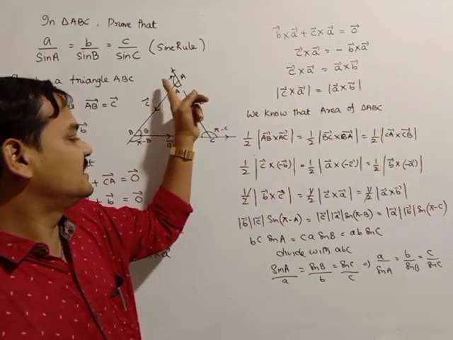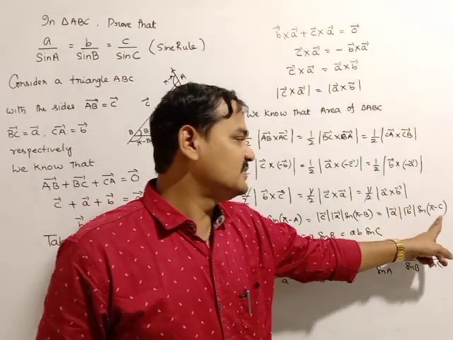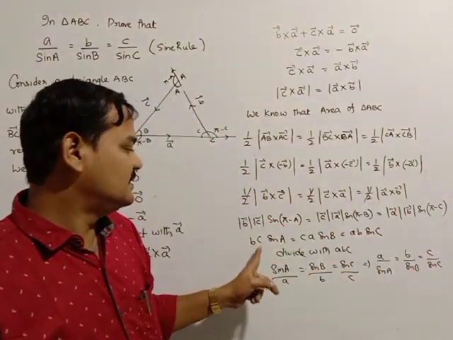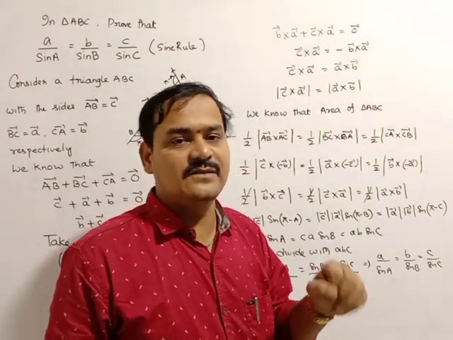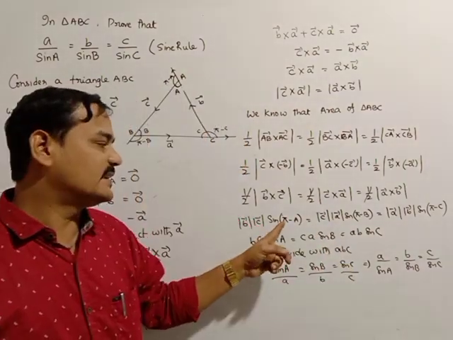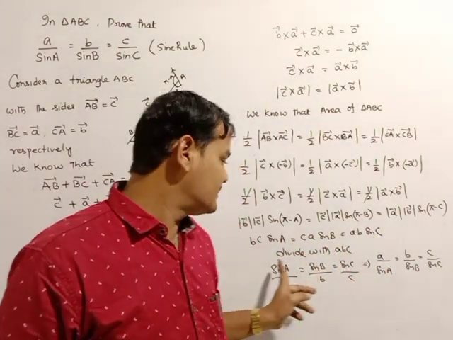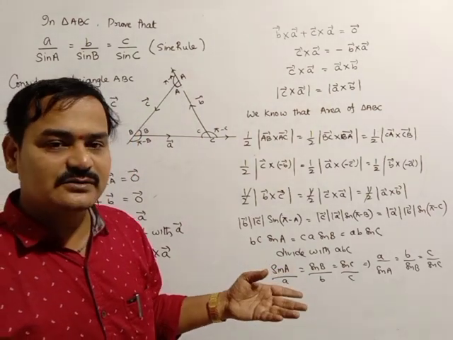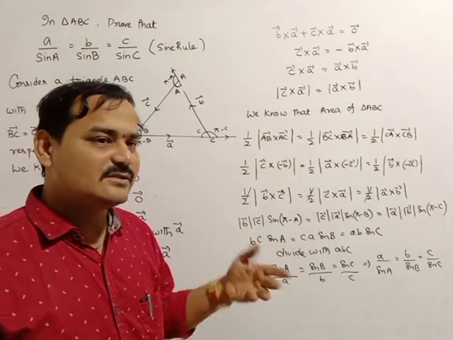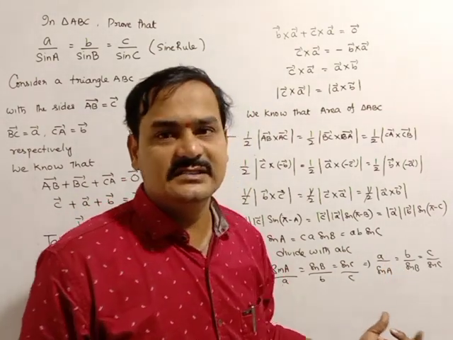The angle between b bar and c bar is pi minus A, between c bar and a bar is pi minus B, and between a bar and b bar is pi minus C. So this is bc sin A, because 180 minus theta is in the second quadrant, where the sine function is positive, and the 180 does not change it. So sin A, sin B, sin C. Therefore divide by abc. You will get, like a by b is equal to c by d means b by a is equal to d by c, the same concept applied here. So this is the sine rule.